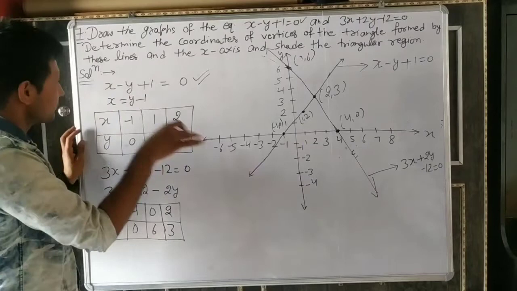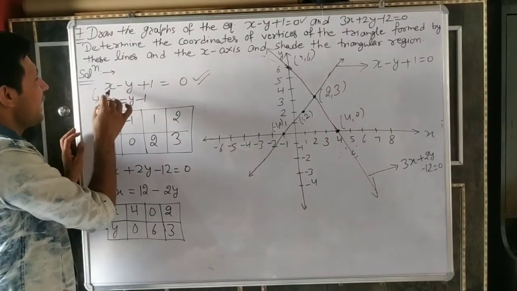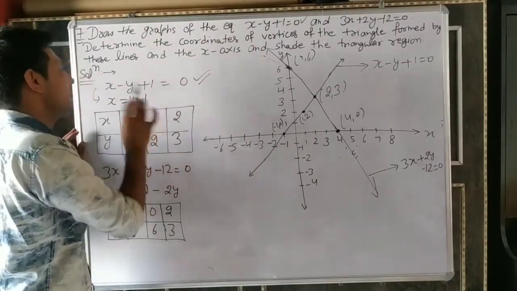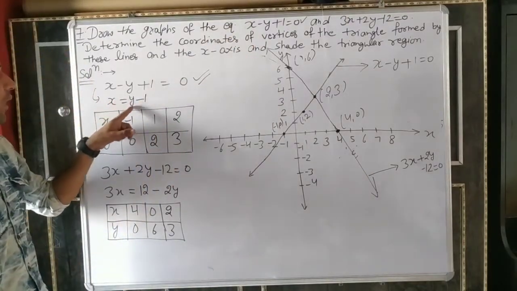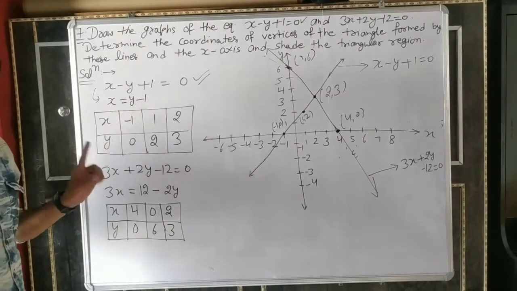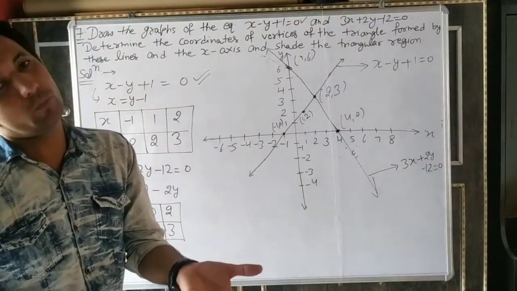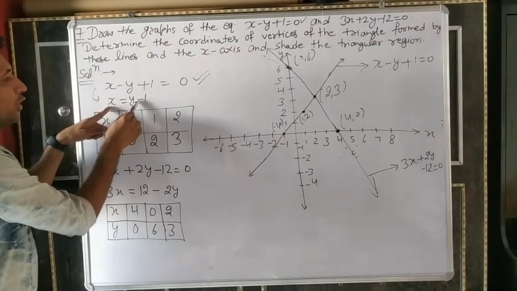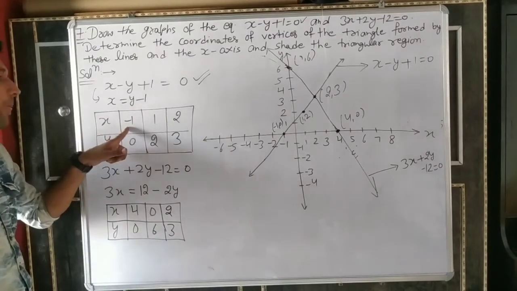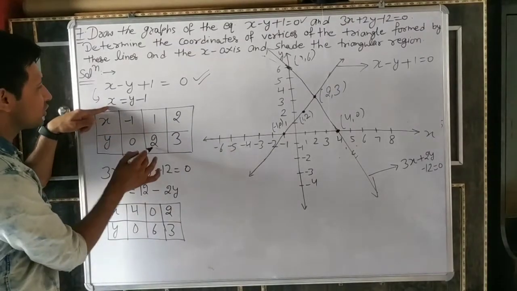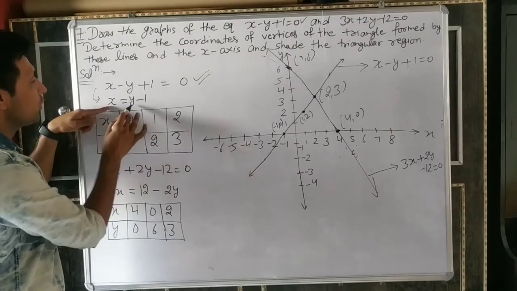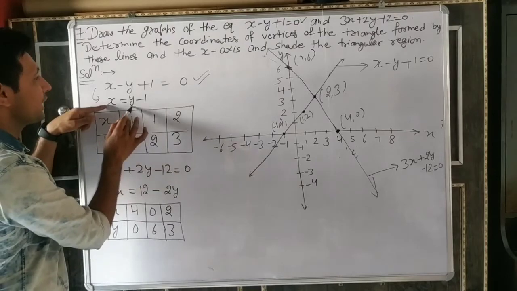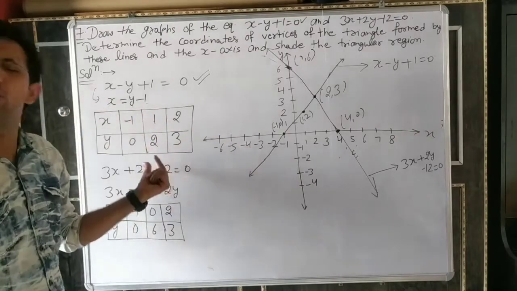You can modify the equation: x minus y, another side positive, 1 another side negative. So it becomes x equal to y minus 1. One time we will put x as 0, one time y as 0. If y is 0, x equals 0 minus 1, so it is minus 1. If y is 2, 2 minus 1, x is 1. If y is 3, 3 minus 1, x is 2. So you can find their solutions.